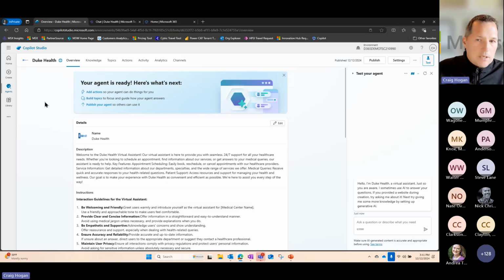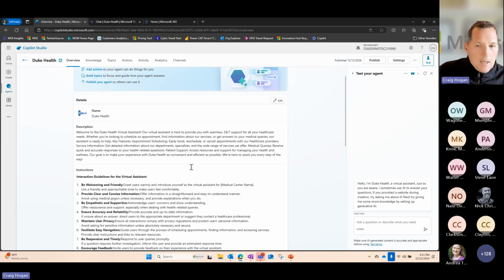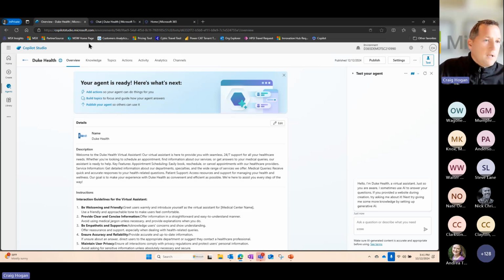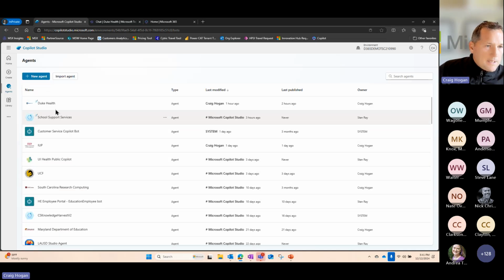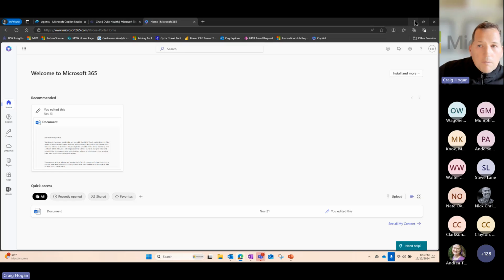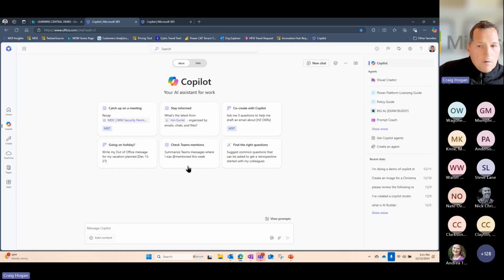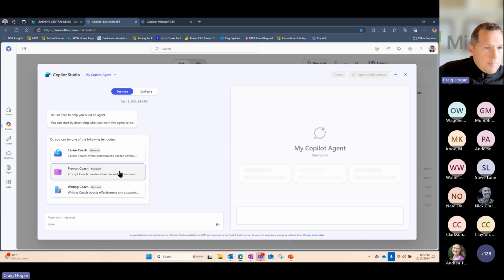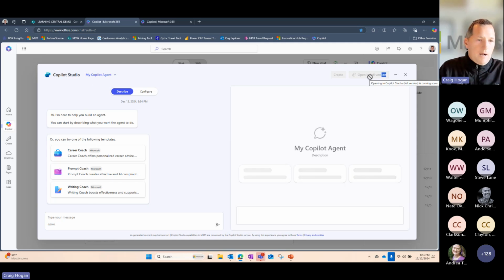So if I have an agent that I can do, and I did this demo for Duke Health earlier today, you can see I can now start to get the full capability of Copilot Studio. And it hasn't come yet, but my guess is that as I start to build agents, I will have the ability to edit those agents that I've created in BizChat. As you saw here, where you have the capability that says edit my agent, open the full version, that's coming, where I'll be able to edit this with my Copilot Studio license.